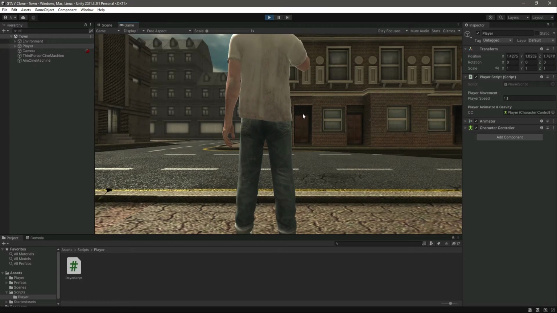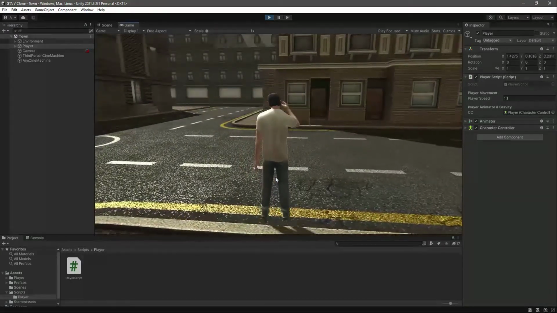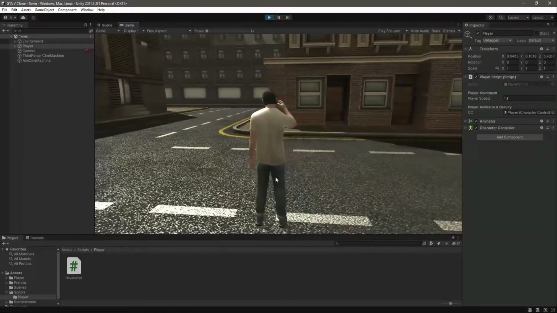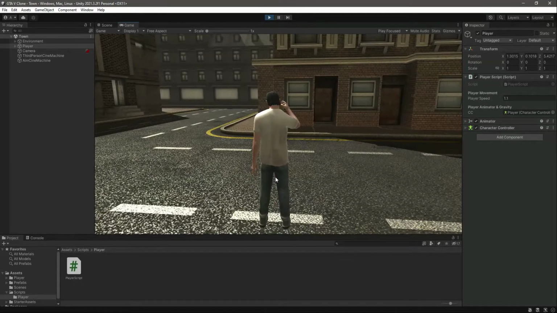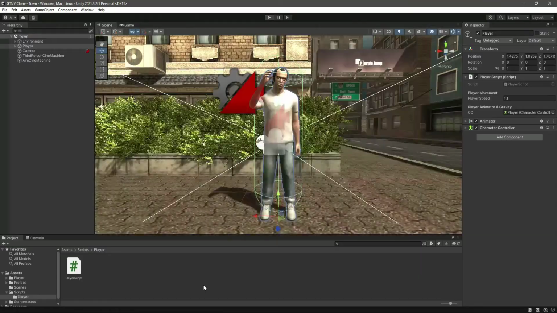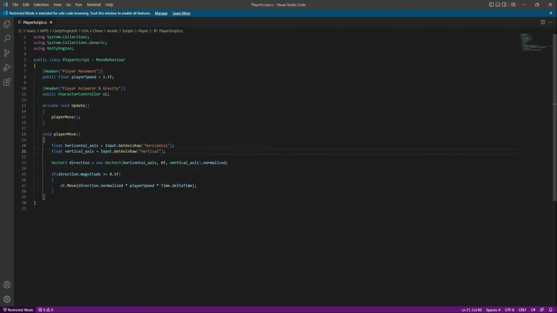Okay, so in this video we will add the player rotation. As you can see, for now our player can move forward, backward, and to the left and right side. Now we want the rotation. So for that, if we get back to the player script, right here before moving the player, we will say